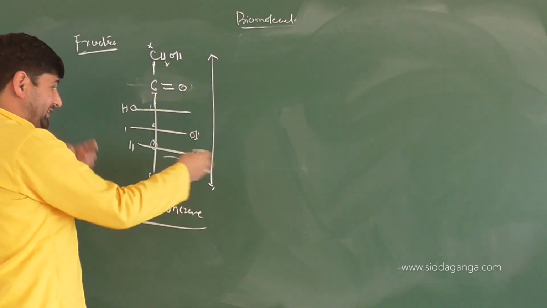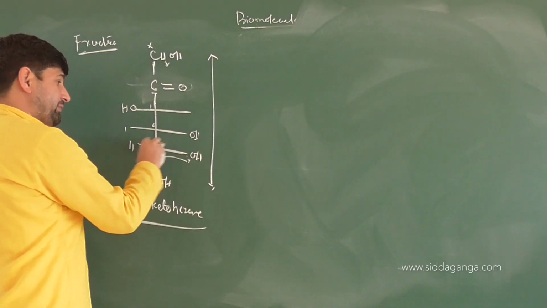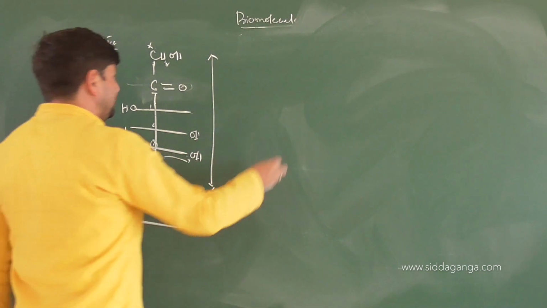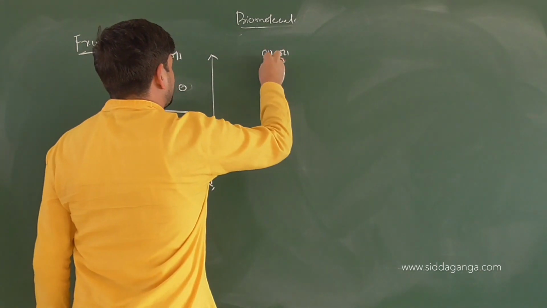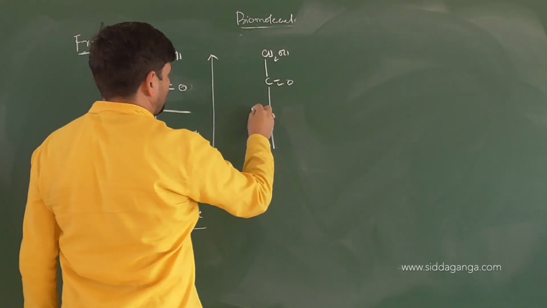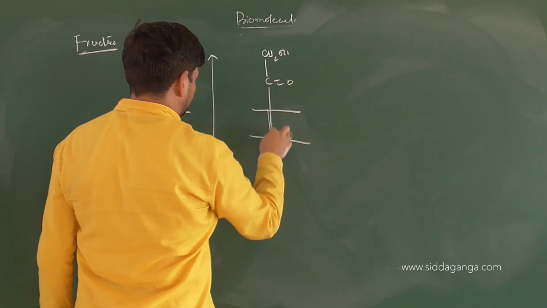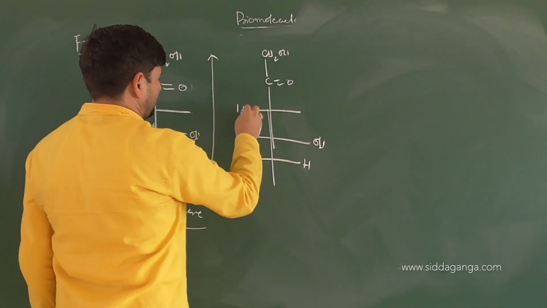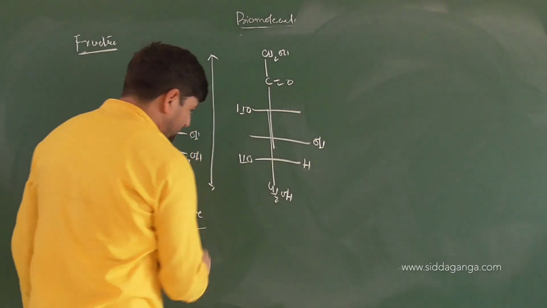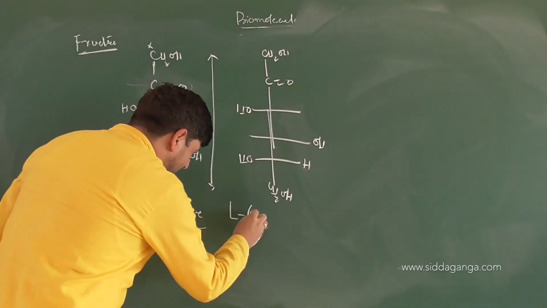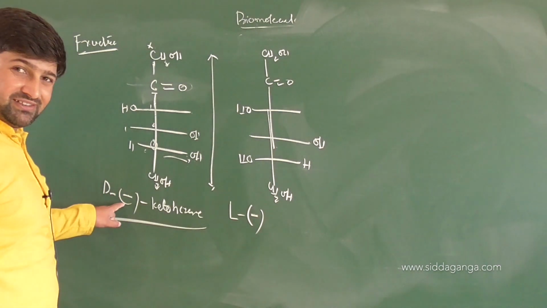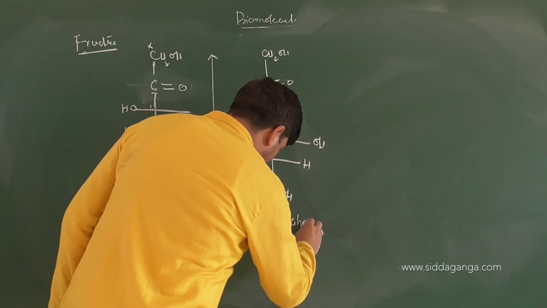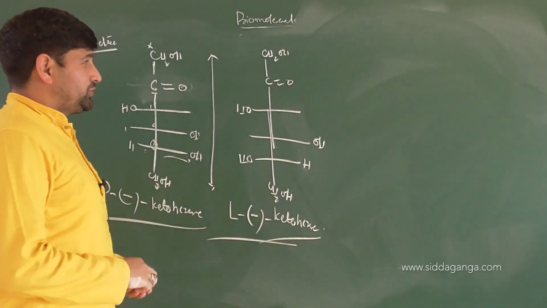It matches with D-glyceraldehyde. So it will have an L isomer also. OH will be on which side? Capital L. OH will be on the left. But remember, CH2OH, C double bond O, OH on this side, right? Rest of the things will be the same. This is which one? L. But the optical rotation again remains the same. Minus. D minus. So nothing to do with optical activity here. L minus. Ketohexose. This is fructose.